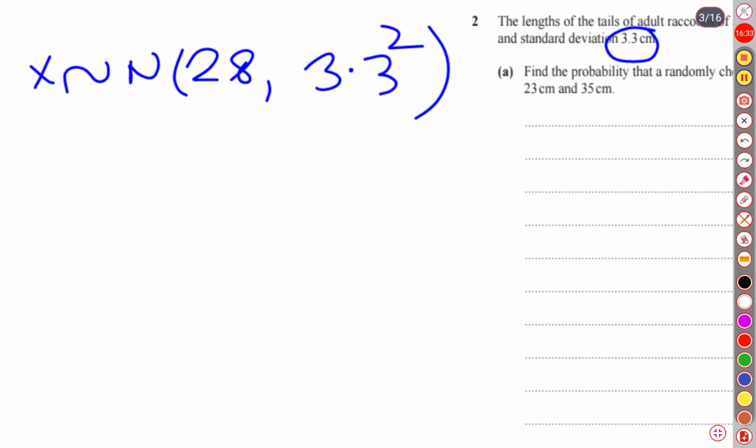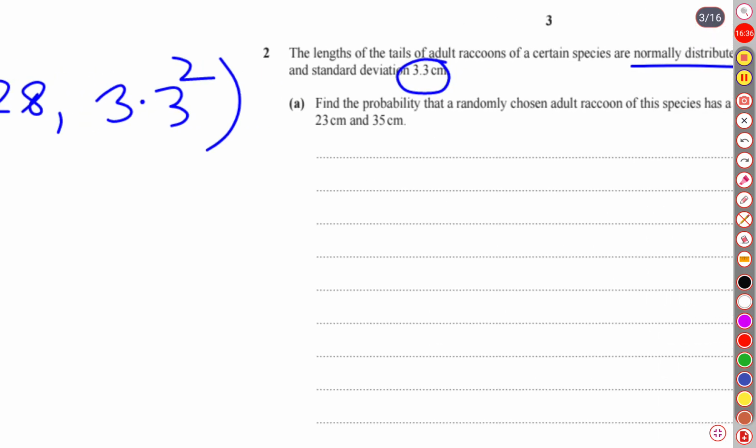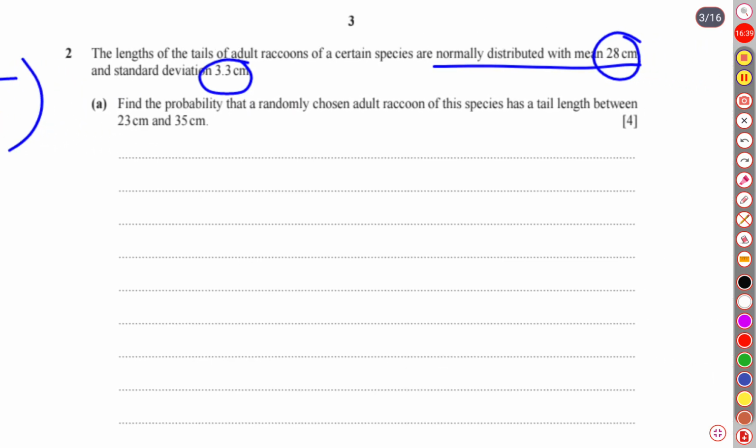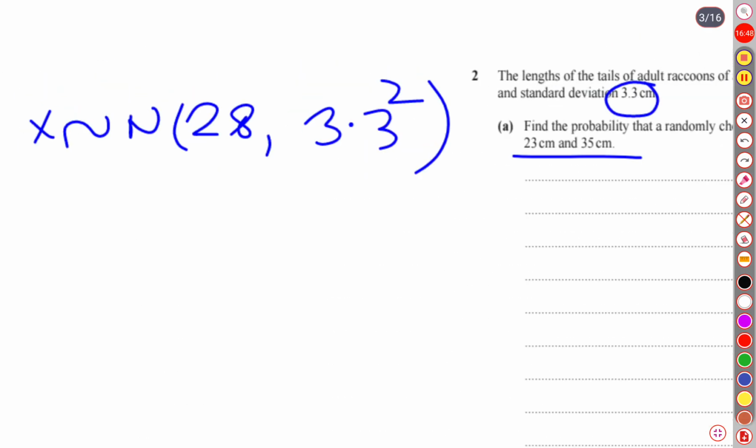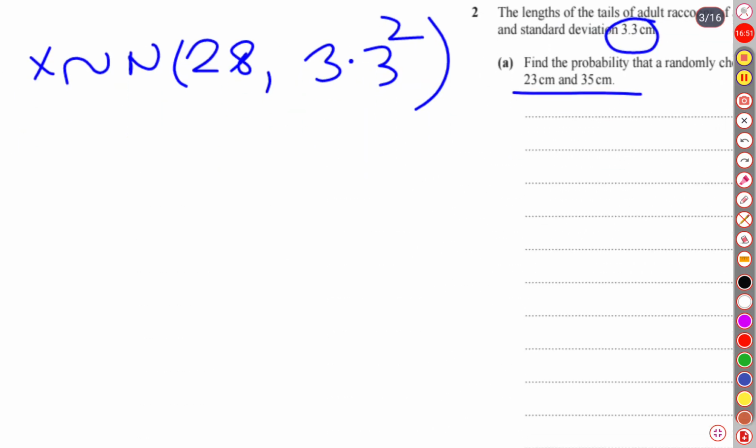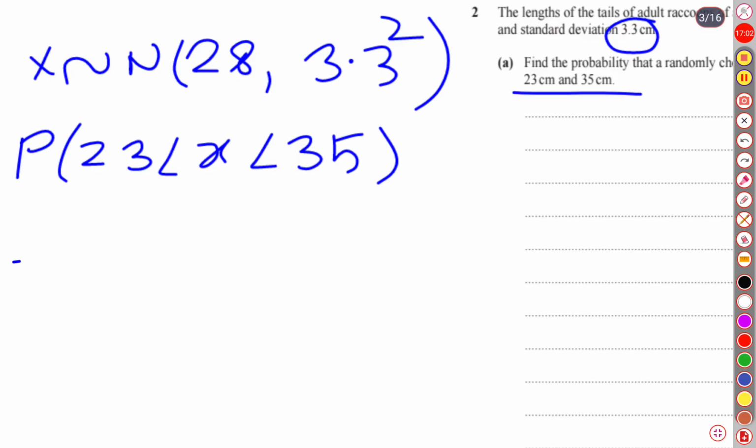Now let us write. They have told us to find the probability that a randomly chosen adult raccoon of this species has a tail length between 23 and 35. So between 23 and 35, how will we write? Probability of 23 until 35. Then we will have to standardize the score. It is going to be probability of z less than 23